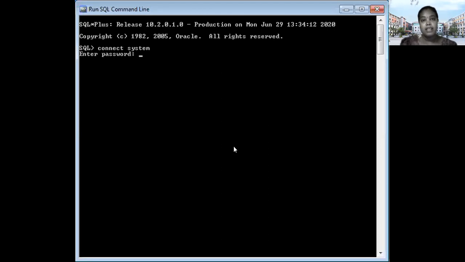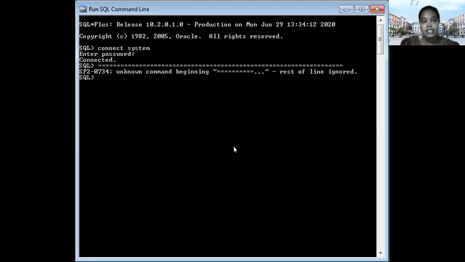Whatever you gave at that time, you enter here. I gave Mayuri as the password for my system, so I have entered Mayuri as the password.